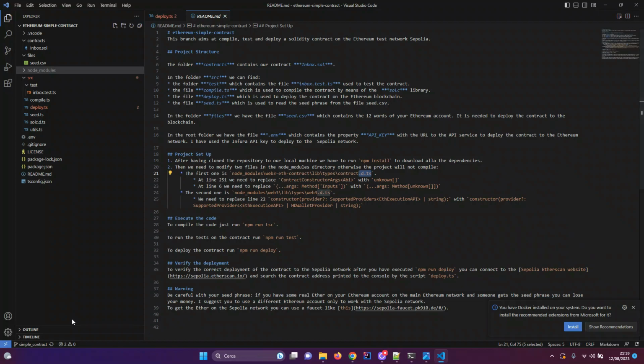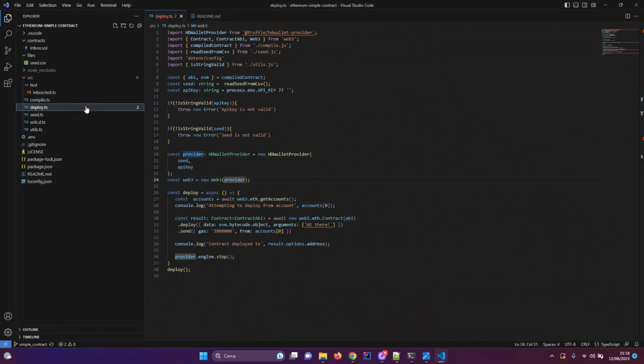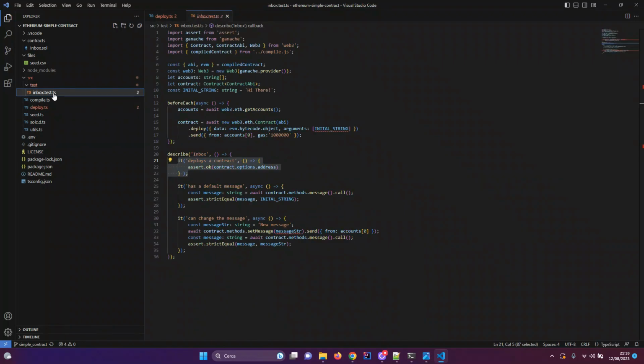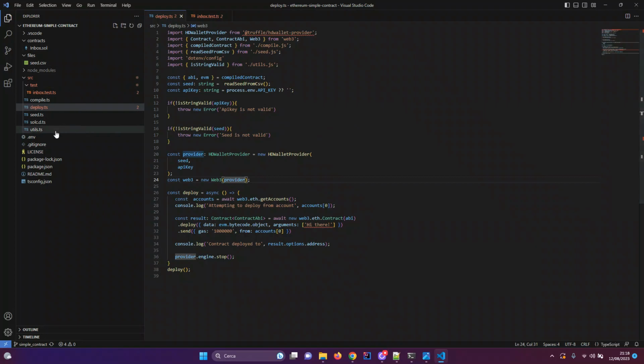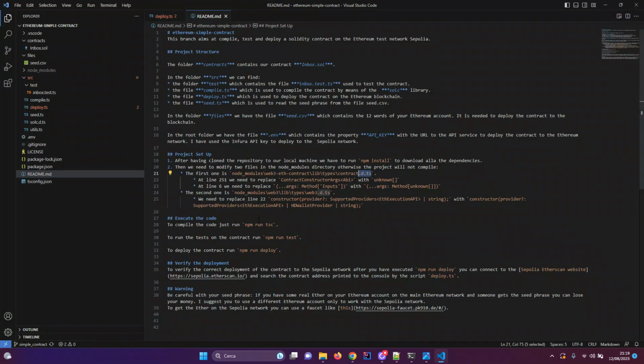So as we can see, if we go for example here, we have a compilation error. So what we need to do, the first modification, as we see in the readme file, we need to open up this file here.